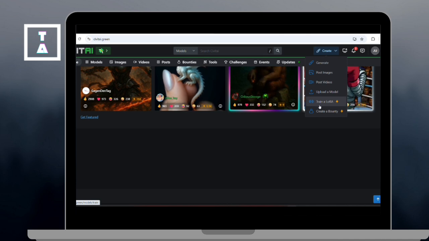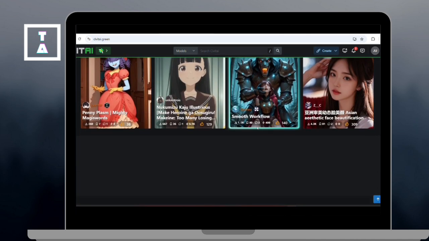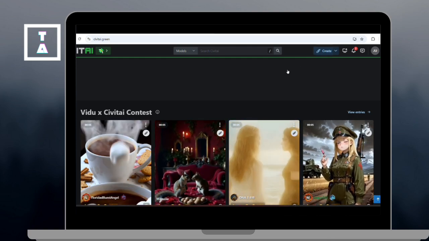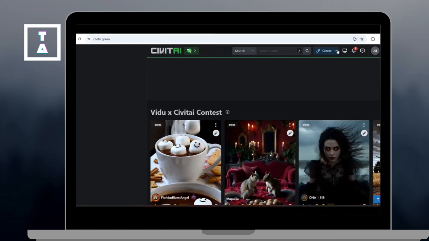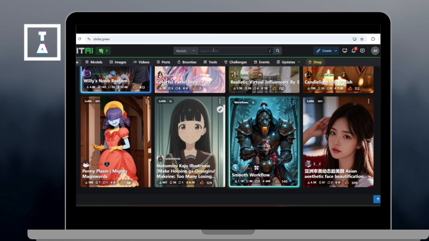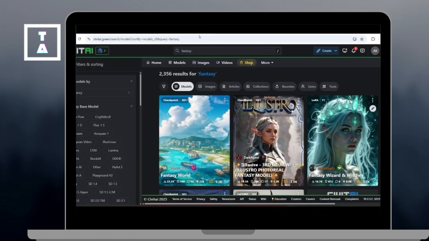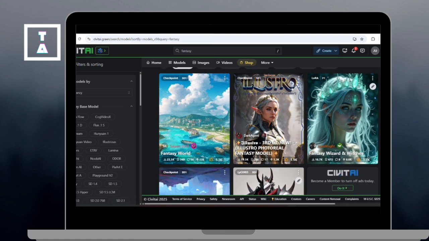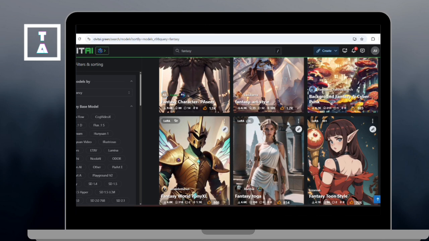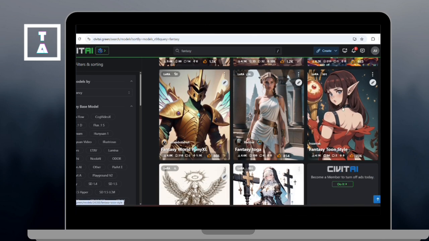First, go to civitai.com and create a free account or log in with Google. In the home page, browse to explore trending models, fantasy, anime, and more. When choosing a model, let's say you want to create a fantasy style art, just search for fantasy and filter by model type or style. Then click on the model, then click download or copy the model link to use in your own tool